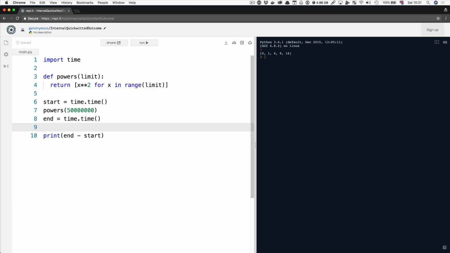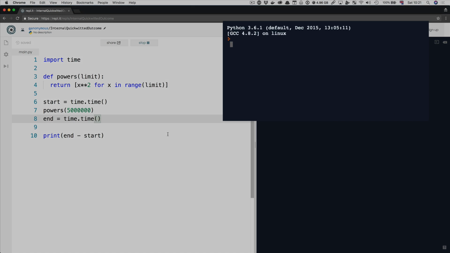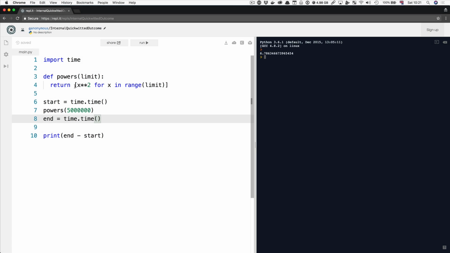Okay. And I'm noticing that my notes actually has one less 0, so let's just try it with one less 0 there, in case we're going to be waiting here for a long time. Yep, that was a good shout, I think. As you can see, it's taking a little while to give it a go, and there you have it, 6.79 seconds. So, that tells you how long this list comprehension took to run, as well as calling the function